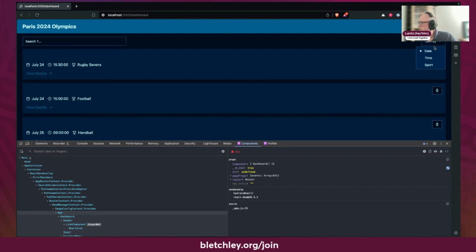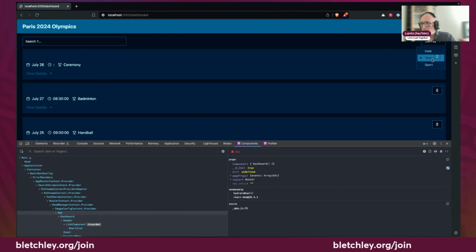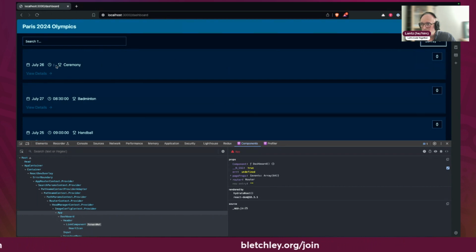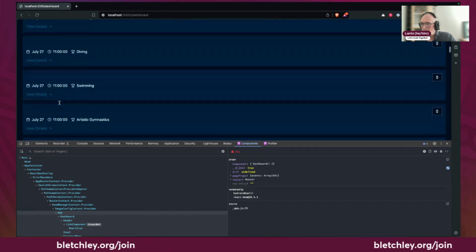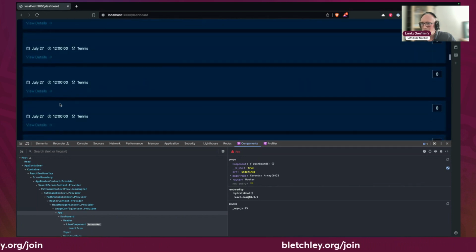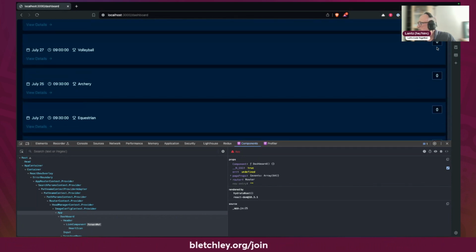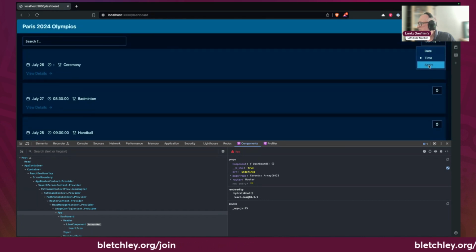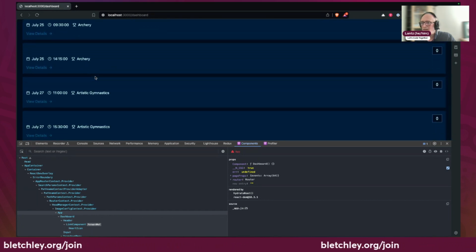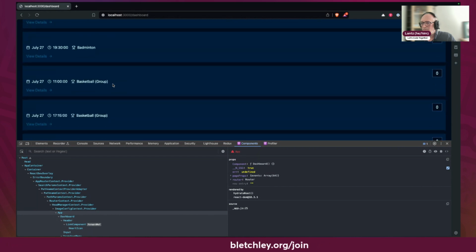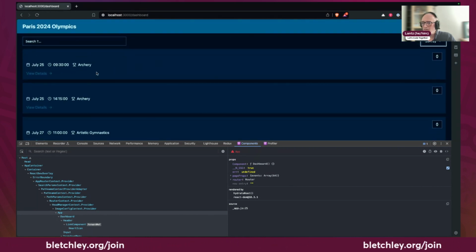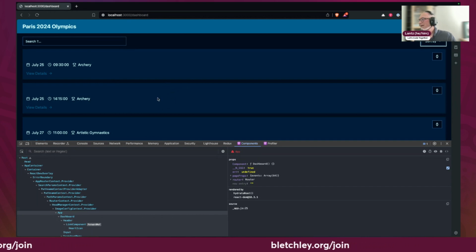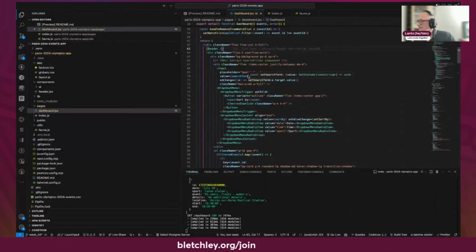Let's try our sort by. Sort by date. It looks like it's already sorted that way. Sort by time. Ceremony didn't have a time, but 8:39:99. Cool. So we can do it that way. And sort by sport. Nice. Cool. Excellent. So we can see the drop down on our search are already working, just as given to us